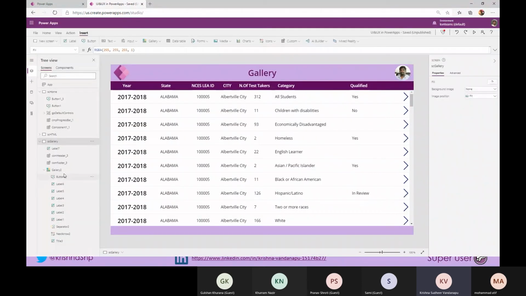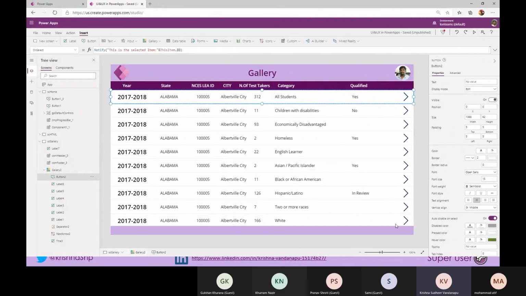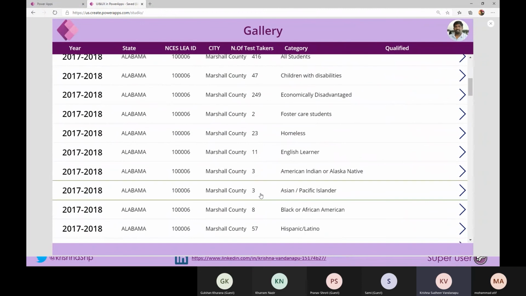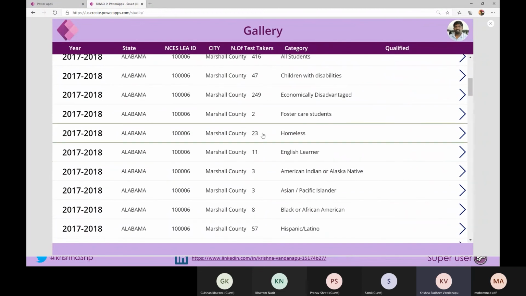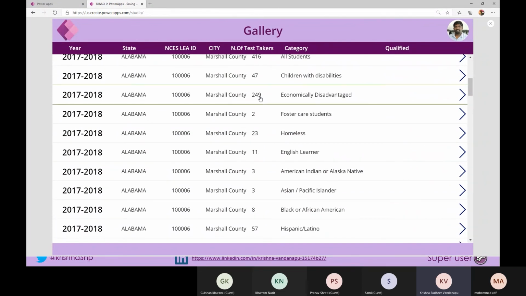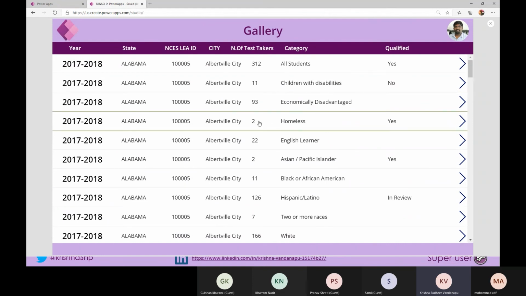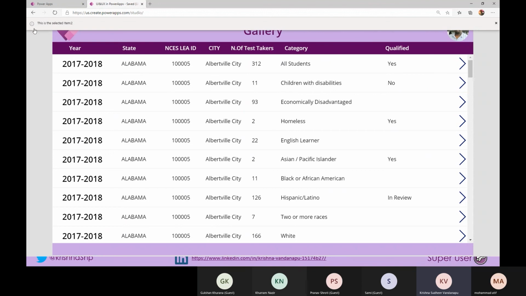But if I create one simple button in the table in the gallery, just now you see that it is simply showing whether it is clickable or not clickable. I am just changing the behavior of that row to a hand icon, and it shows as good as a hyperlink. And when a user clicks on that, I can show which item it is.